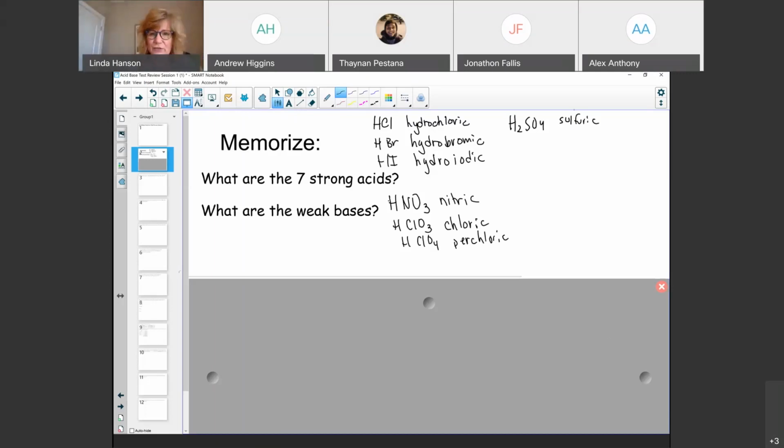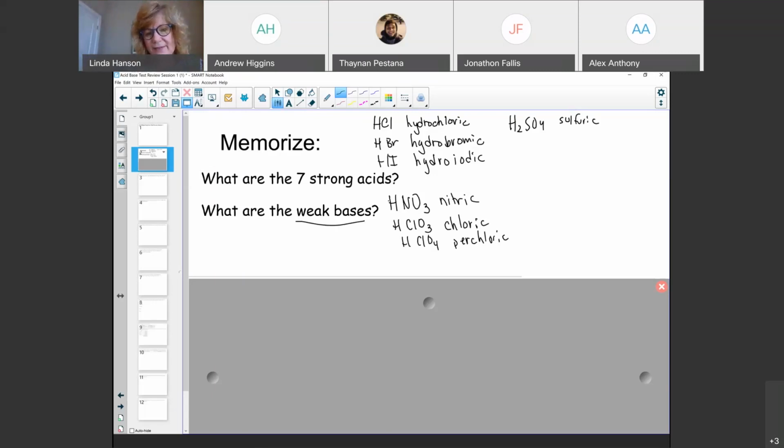So if I know those 7 strong acids by name and by formula, I'm able to do so many things, such as categorize, is this strong, is this weak? I can label conjugate pairs. I can calculate pH directly from the concentration of the acid, just simply knowing that it's strong. So it's very critical to put those 7 strong acids in memory. Then we can talk about